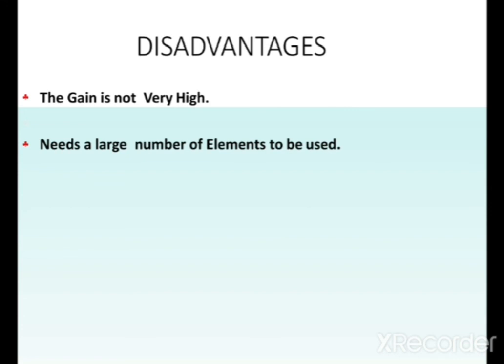And what is the drawback? The drawback of this Yagi-Uda antenna is that the gain is not very high. This is the major drawback. There is a limitation of only up to 20 dB, not more than that, so a larger number of elements needs to be used. The structure of the antenna varies with the application, like 3 element, 5 element, 7 element, and then the size will be large. It is also prone to noise, and prone to atmospheric effects, which are also drawbacks of the Yagi-Uda antenna.